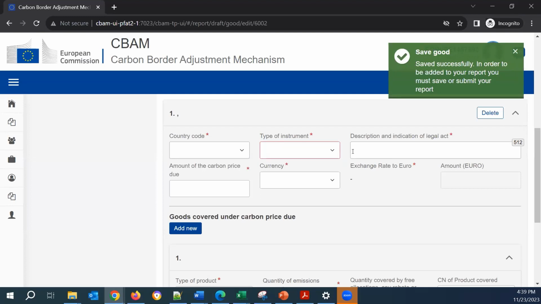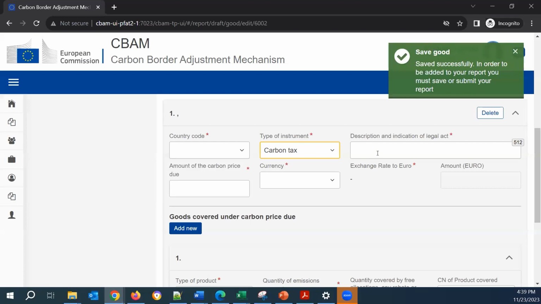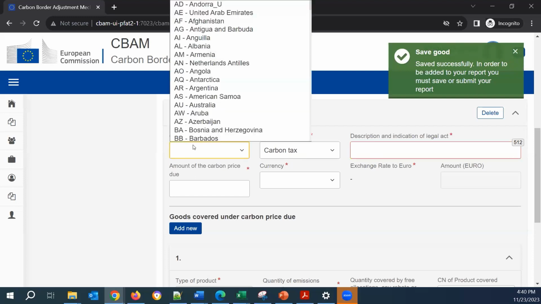Then, if I choose carbon tax, again I need to describe and indicate the legal act under which this type of instrument is applicable for my case to pay carbon tax in this country, Japan.